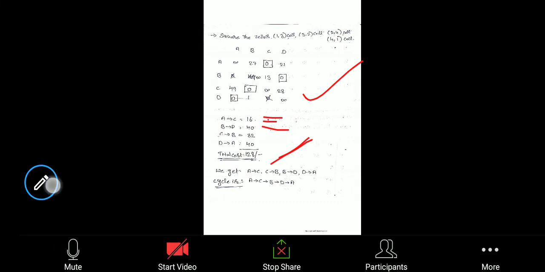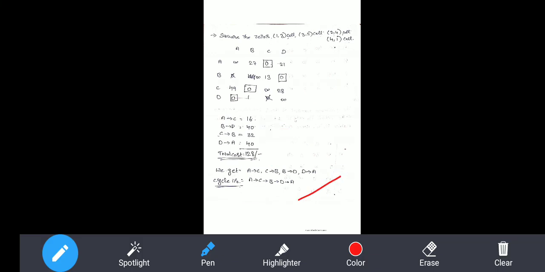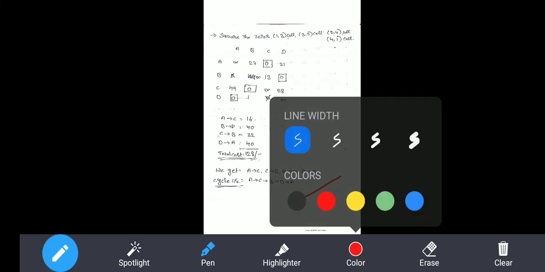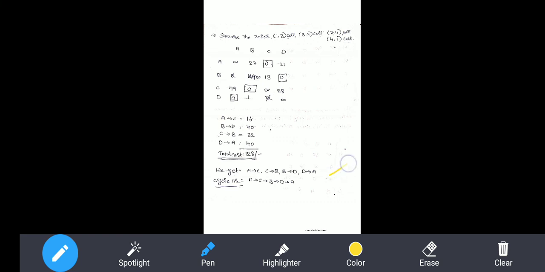And you can remember, compared with the previous model and the present model, the difference is, you can see this from A to C, next C to B, means the salesman is moving from city A to C. Next, after completion of C, he will start going to visit city B. After completion of city B, he will go to D. After completion of D, he will go to A, the initial position. This is the cycle, the path of the salesman we are identifying here.